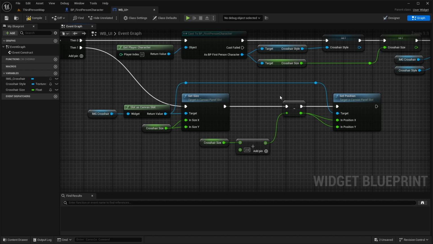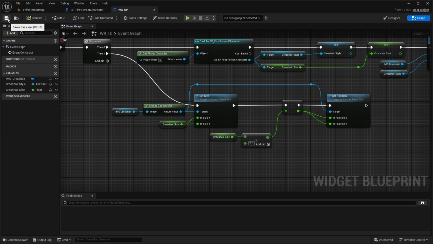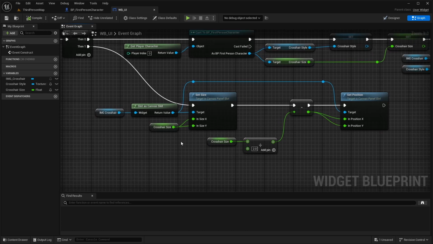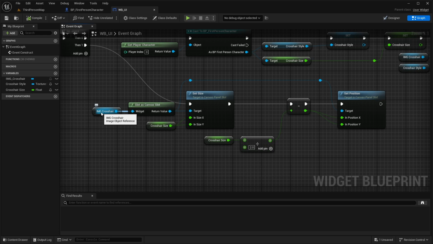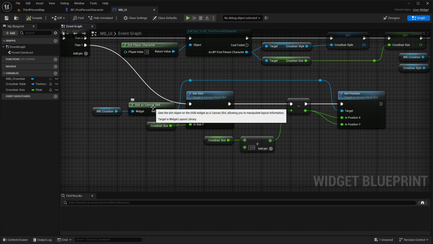So now this should be the code completed. Let me do one last pass over. Yep, this looks right. So we're going to compile and save it here. So basically, I'm going to read out the reason we typed all this. We're grabbing our crosshair and we're slotting it as a canvas slot. By default, our crosshair here can't change its own values. It can change its values when it's in a canvas slot. So what we're doing is slotting this into a canvas slot that's allowing us to change its size and